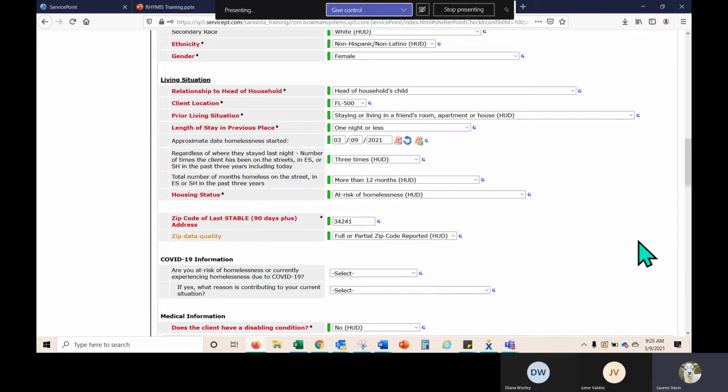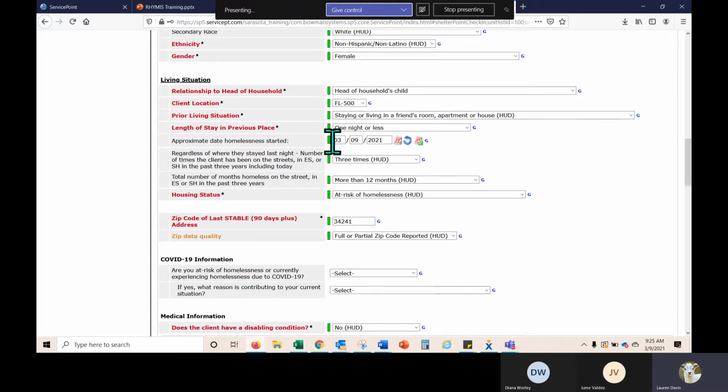So when we're looking at data consistency, our main goal of reviewing and having data consistency is to ensure that we are at least attempting to tell the best story. But even here, we can see right now that this may not even be the most consistent story because we're looking at an at-risk of homelessness client because of their prior residence.